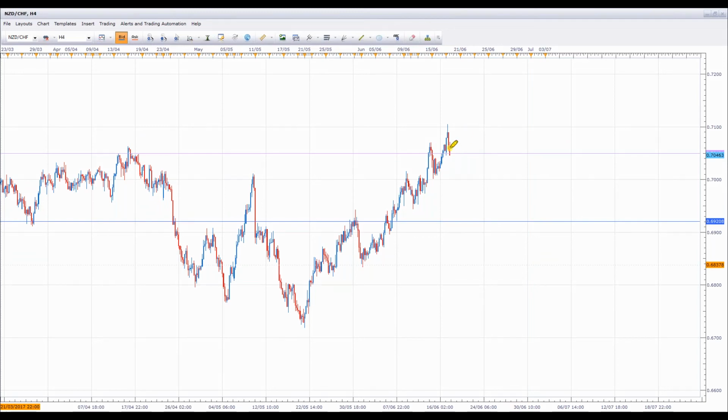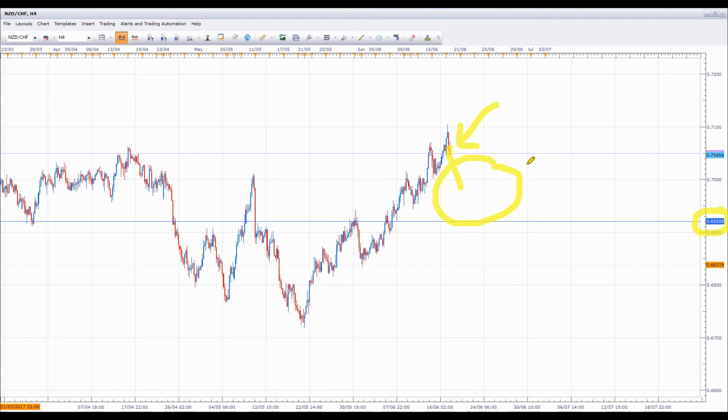So what you could be looking for is if we get a sell-off from the New Zealand franc, because we are looking for a potential sell-off after the monetary policy statement on Wednesday, then in this area we are going to be looking to initiate shorts down to the 0.6928 area down here. So we're going to be looking for our initial position up here,